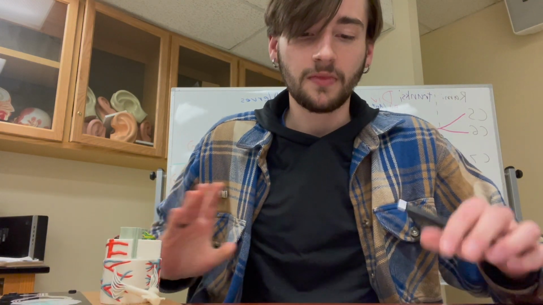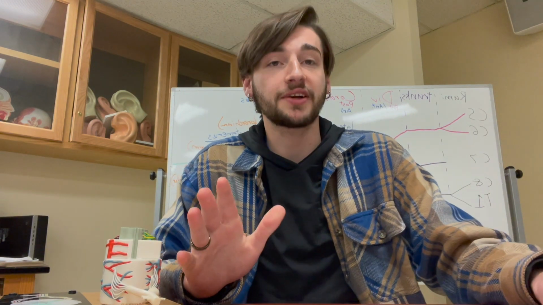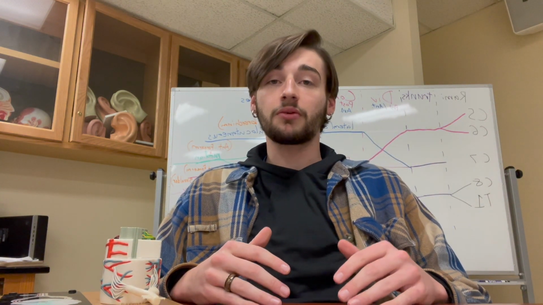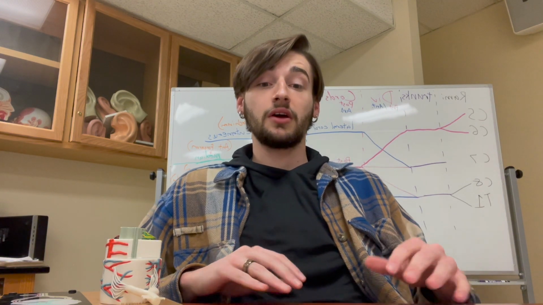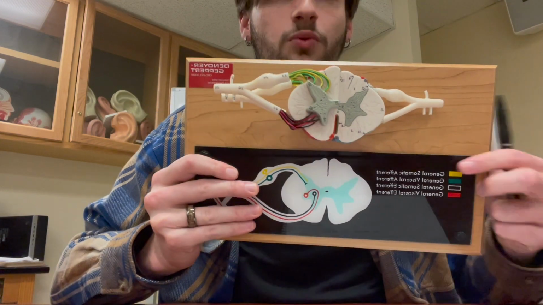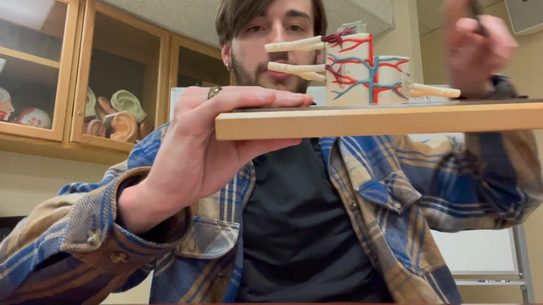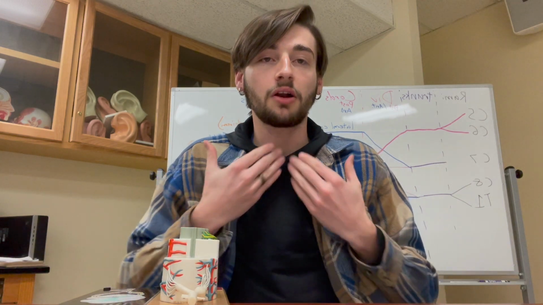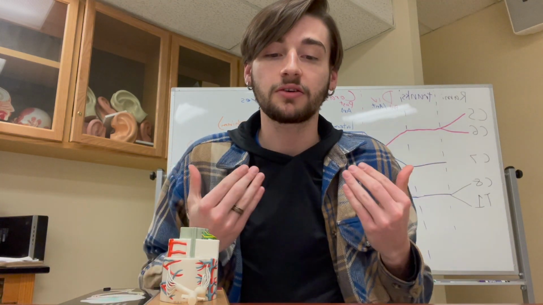So for the first one, let's talk about the cervical plexus. The cervical plexus is going to originate on C1 and extend all the way through C4, right? So that means on the spine, C1 through C4 are going to contain all of the cervical plexus. They branch out into the cutaneous branches and the phrenic nerve. The cutaneous branches are just going to innervate some skin on our anterior neck,